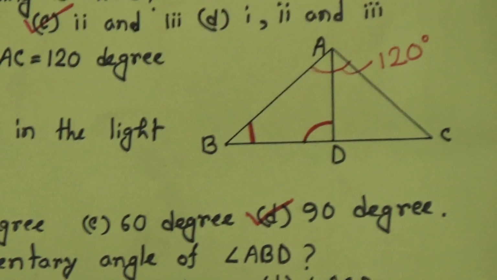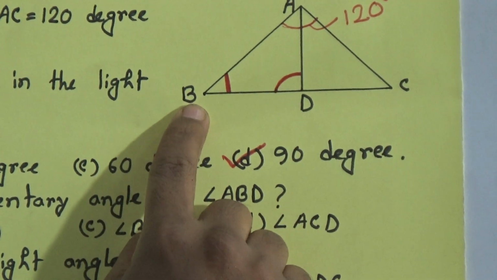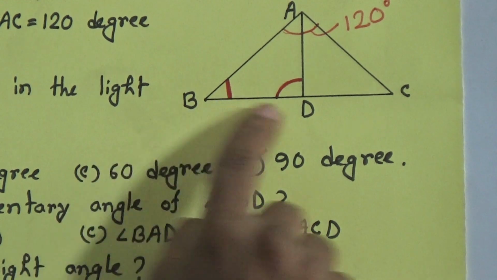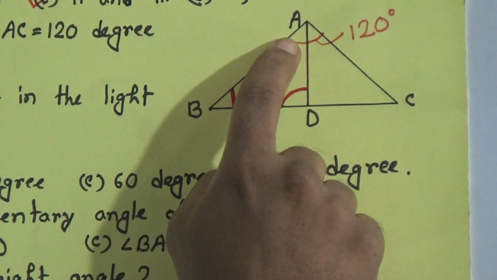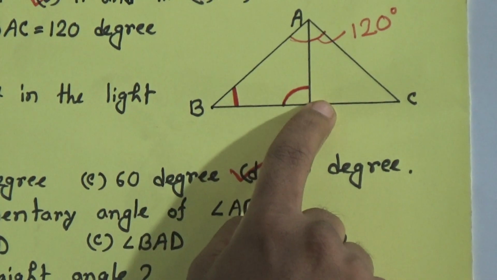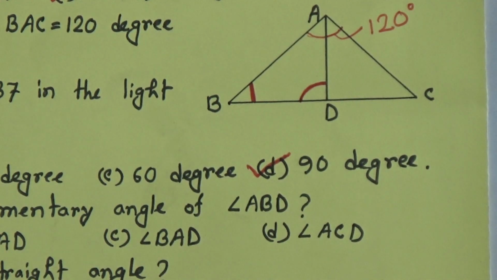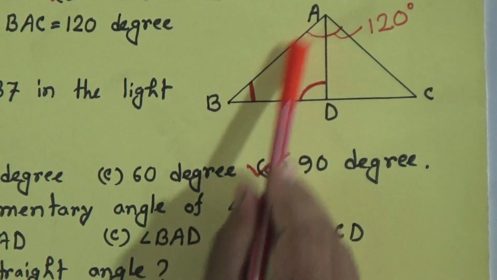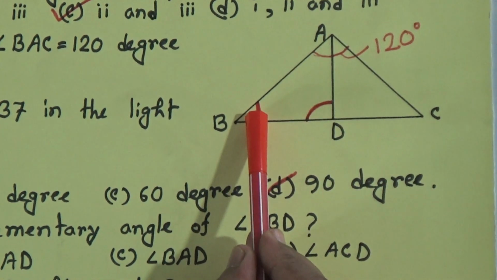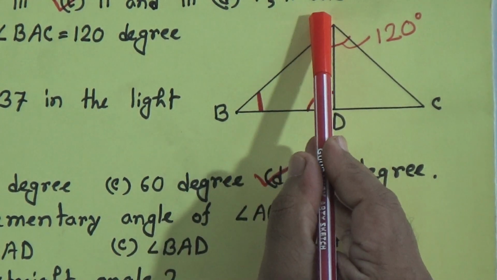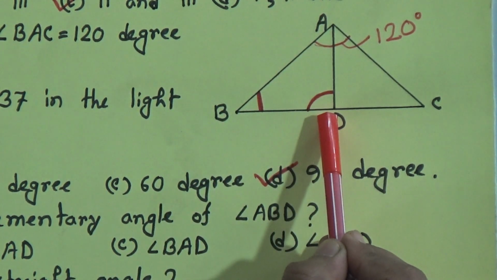Okay. In this figure, triangle ADB is a right angle triangle because angle ADB, this angle is 90 degree. So we can say that the other two angles, that means ABD and angle BAD, these two angles sum is 90 degree also, because this is 90 degree and so these two angles sum is 90 degree. That means we can say that angle BAD and angle ABD is the complementary angle to each other.